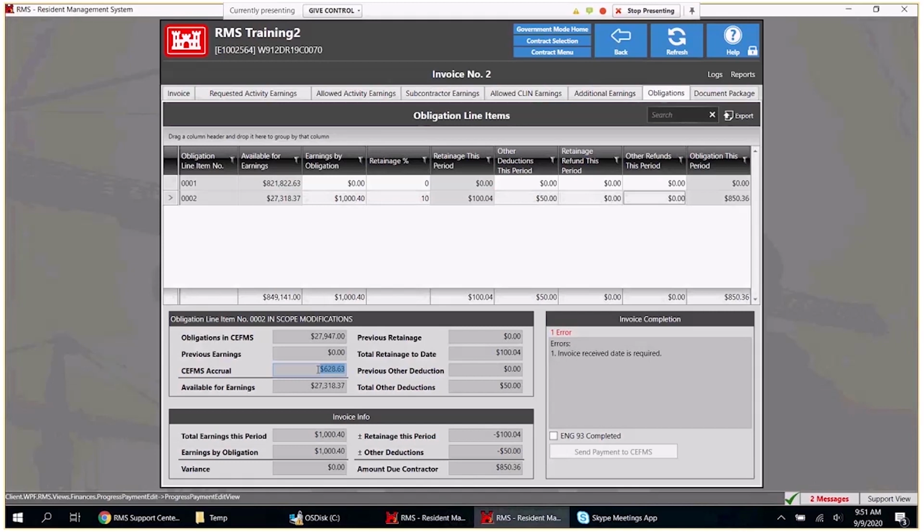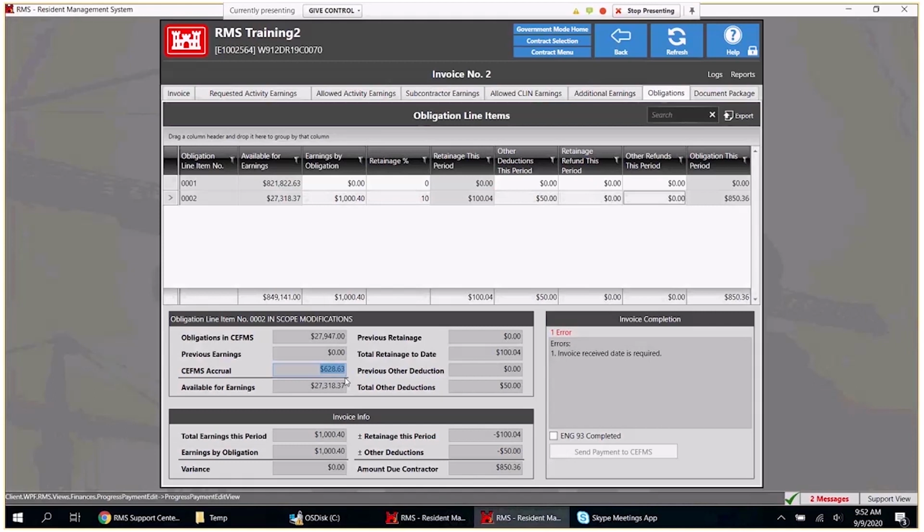CFUMS right now is defining what that accrual amount is, I believe. And those funds are held in accruals in CFUMS. So here it's showing that there's $628.63 held in accruals, which means that is the projected placement that has happened since the last pay app, that is actually placed in the field that we have not paid for. It's basically assurance that we have money in the bank